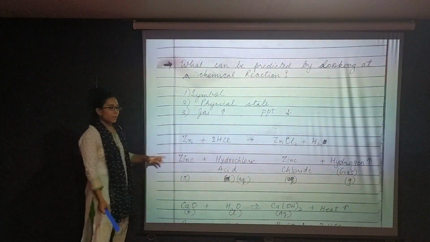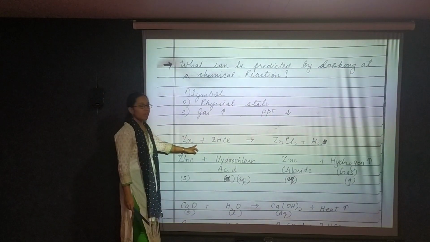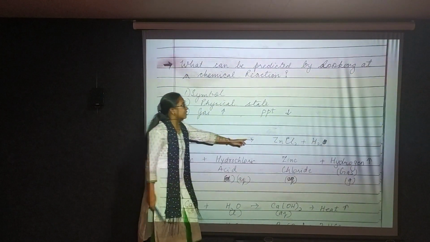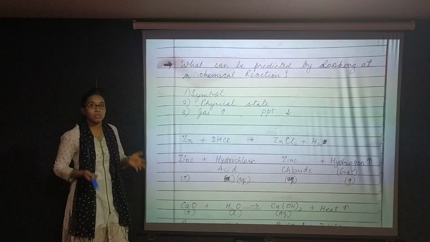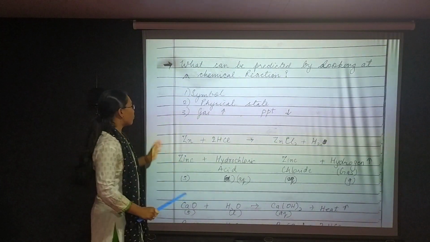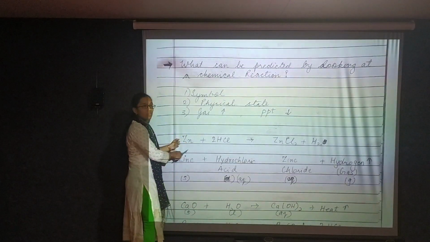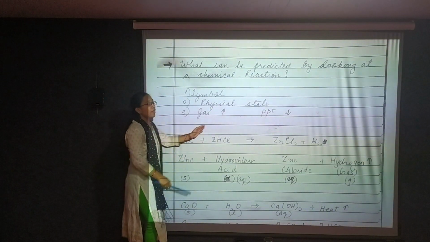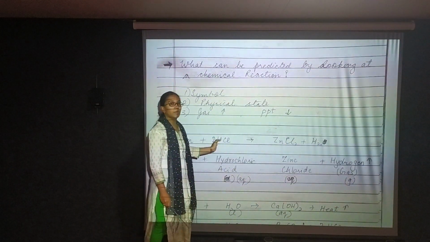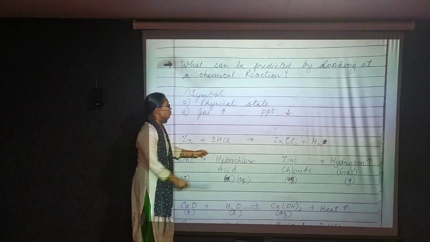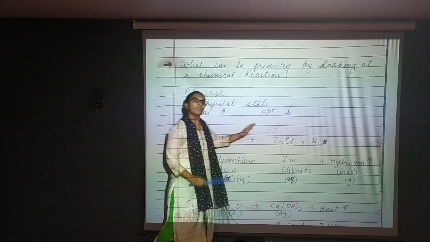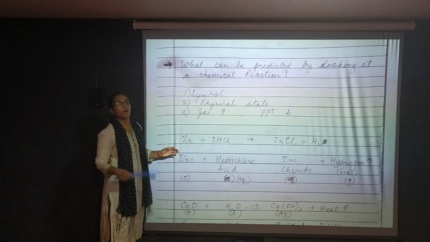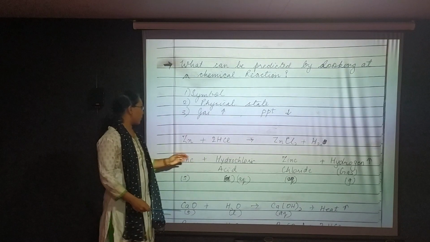Now you would be surprised to see that here I have written Zn, here I have written 2HCl, then you are getting ZnCl2, then you are getting H2. So how to learn these equations? At least you should first know that zinc is represented by Zn, hydrochloric acid is represented by HCl. And why is this 2 written here? This 2 is written to balance the equation, which we will see in the next video, how we can balance chemical equations.